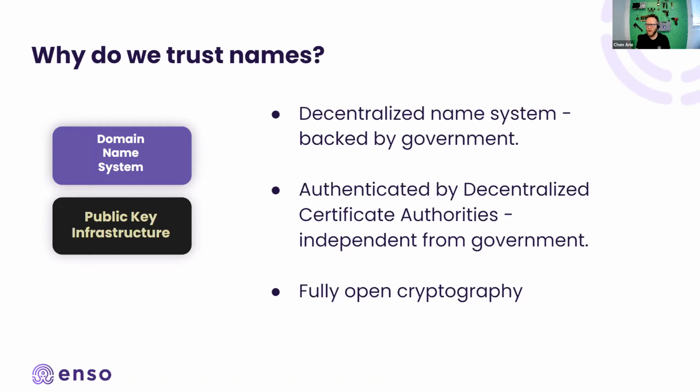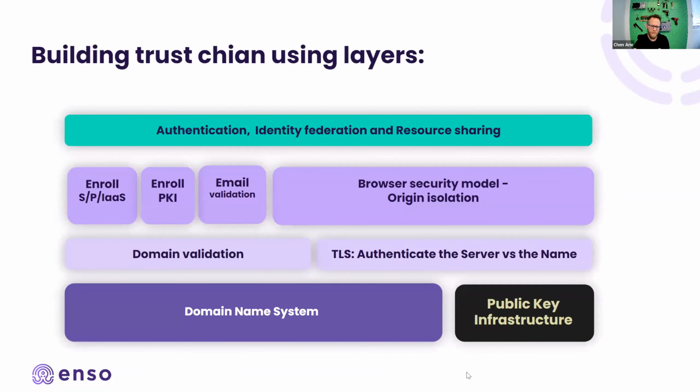Let's drill in to talk a little bit about how we actually build the trust based on those two elements. So at the foundation, we have the domain name system itself and the public key infrastructure. And we have different methods or different mechanisms for authentication of different parties, building on those two building blocks. So we have domain validation, just direct domain validation to assess names on a specific domain, and we can build different kinds of